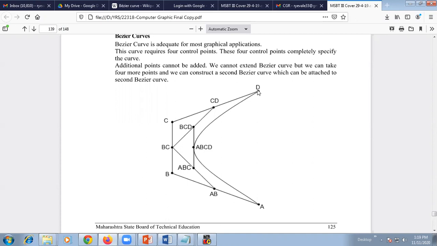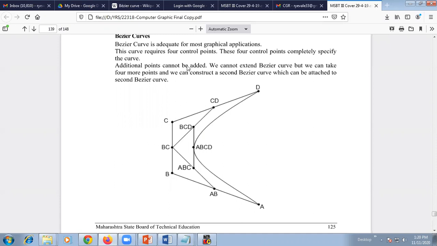Listen, these control points are D, A, B, and C. How they control that particular curve shape is shown in the figure, by drawing those line segments.